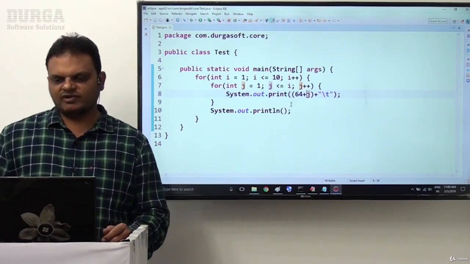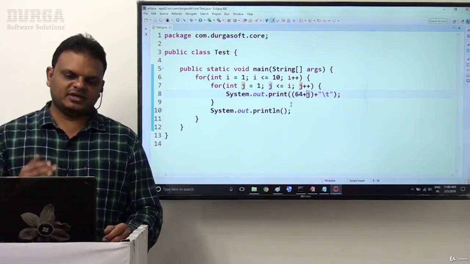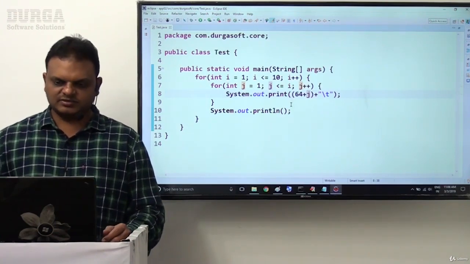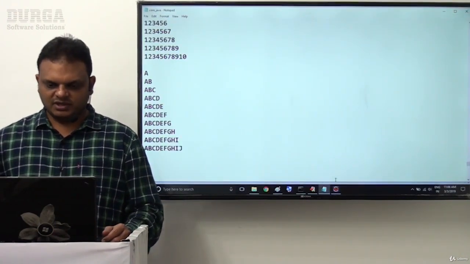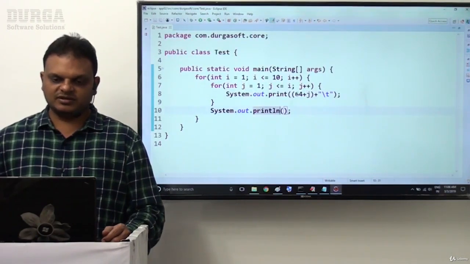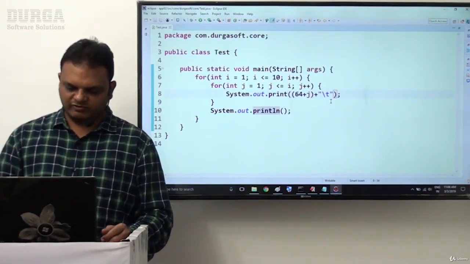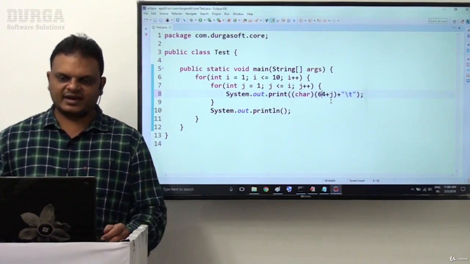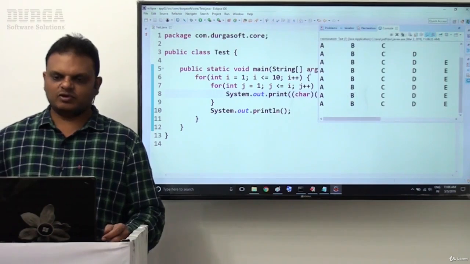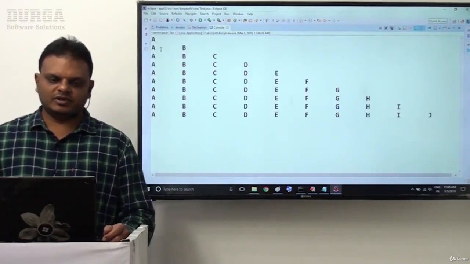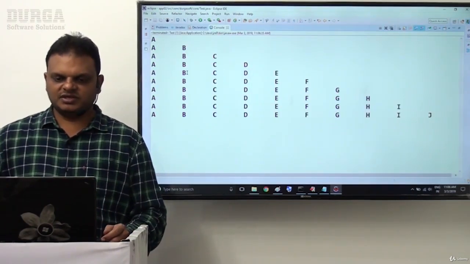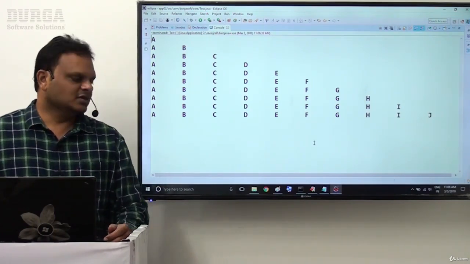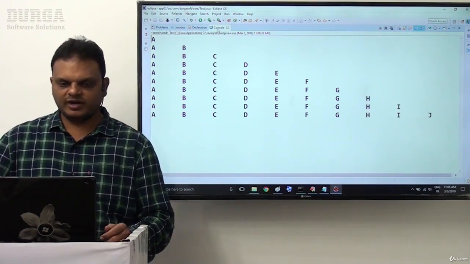Then automatically, what are we able to get? First of all A, next one is AB, next one is ABC, next one is ABCD. Like this, the same pattern we are able to get directly. Now let us run this example, but here we need typecasting. We have to perform typecasting, char we have to provide. If you provide this character, we are able to get our required output. Now observe carefully: A, AB, ABC, ABCD, ABCDE, ABCDEF, and so on. The same output we are getting directly.